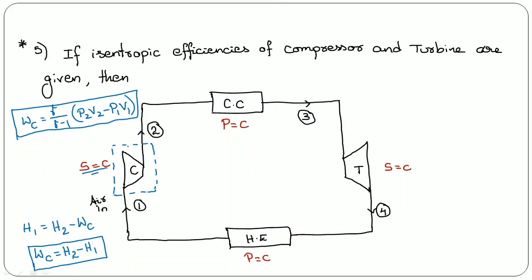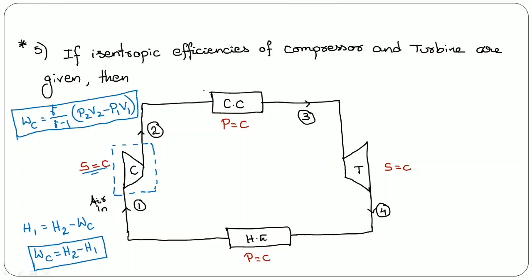See, try to understand here. Previously, when we learnt about Otto, diesel and dual cycles, there we came across closed systems. But here, when we are talking about gas turbine plants, we are talking about open systems. So by using open system formulas only we have to solve. That means here we need to consider for compression the integral VDP work and for expansion the minus integral VDP work. So that is what we are using here. So try to understand, dear students.